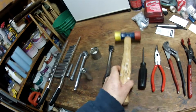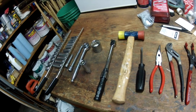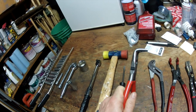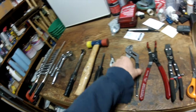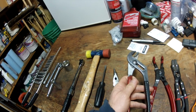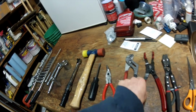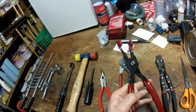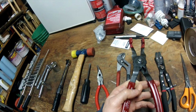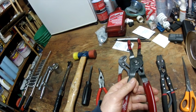We have a hammer and a screwdriver that you use to pound and deform the spark plug tube seals, so you could then pull them out with this 90-degree bent nose needle nose pliers. We use the channel locks with some electrical tape wrapped on the jaws to pull out the half moons and to also pull out the cam collar. These are a real handy tool. This is a spark plug tube wire puller, but we use this to actually pull some of the tubes off their perch. It gets a really good grip with these rubberized tips, and they're a really handy tool to